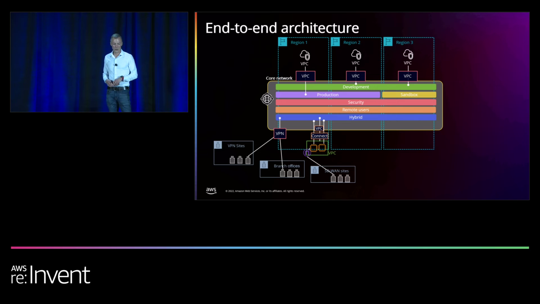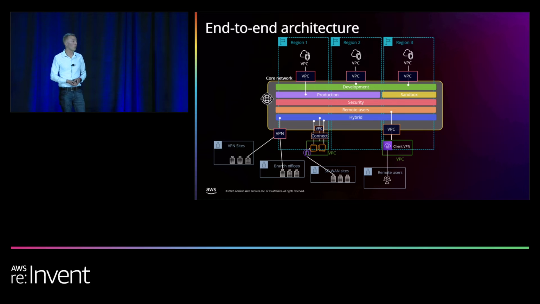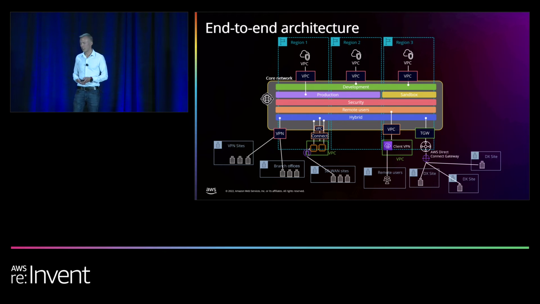And then we can connect to our SD-WAN sites. We can then do a VPC attachment and use something like AWS Client VPN or a third-party appliance, and then have all of your remote users connect in from wherever they are and land on their own segment, so we can further control their traffic and where they can go to and how they can get there. And then for our physical fiber sites, we can have a Transit Gateway attachment with the Direct Connect Gateway, and then all of our sites connect together. And we can further enable SiteLink and have end-to-end connectivity between our Direct Connect sites.